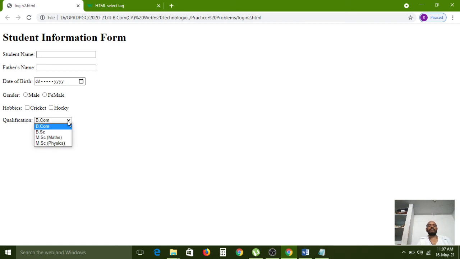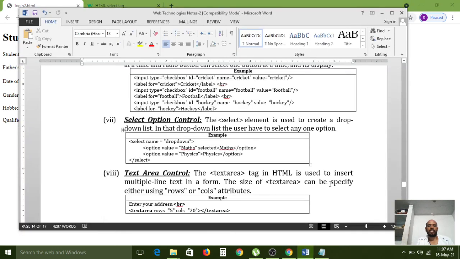Here the drop down is coming now. So like that, this type of drop down inputs you need to give. For that, the select option is very useful. So select control is the form control, and you need to give it for this window purpose. Select option you need to choose. Okay, anyone can be chosen. So like that, the select option will also work.